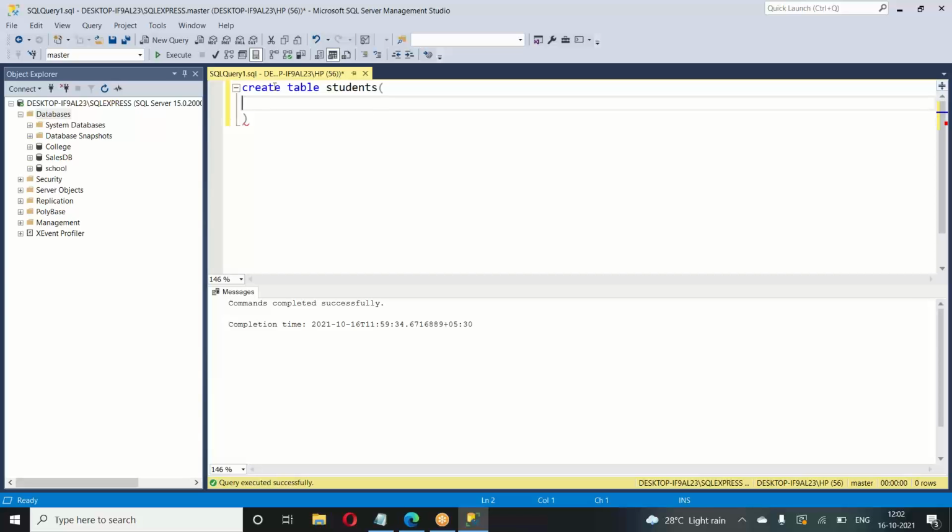ID. ID and roll number are almost the same. Marks. Maybe admission number. So let's say we would have students' first name and their last name and their date of birth and their enrollment date. These four are the basic things that we try to